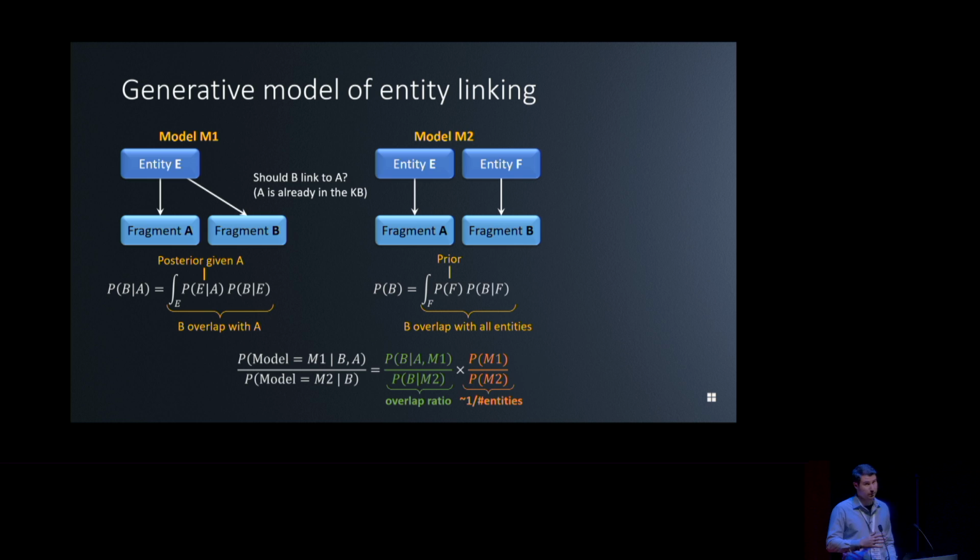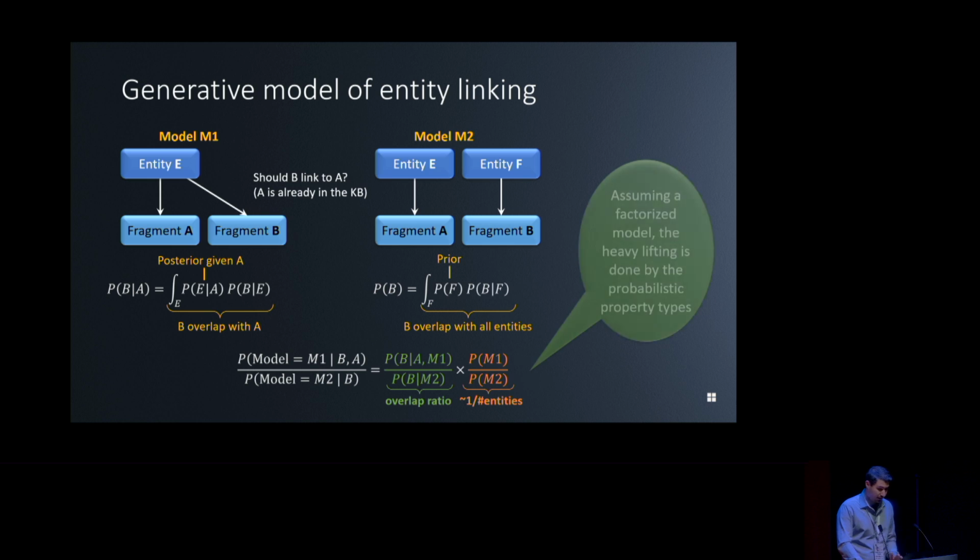So if it happens in practice, what you can do is build a correlation model on top of that. You don't have to assume that factorized distribution, right? But if you do, then you just directly send the responsibility to the probabilistic types, and they just do the work for you, right? And that is really cool. I think that is super cool, because assuming that factorized model, the heavy lifting is done by the probabilistic property types. And I think it's amazing. Now, I haven't discovered it, so the credit should really go mostly to John Wynn. So I can praise it.